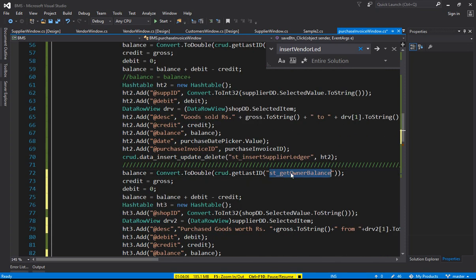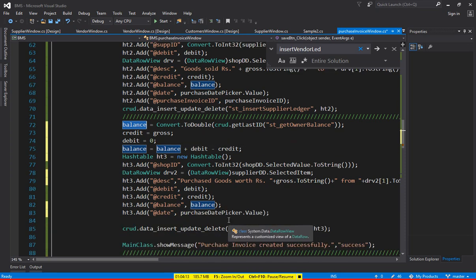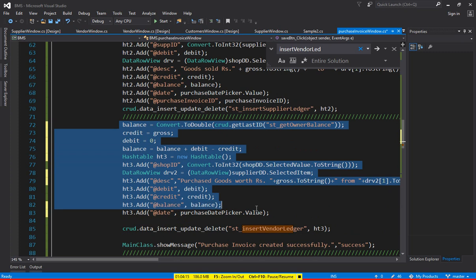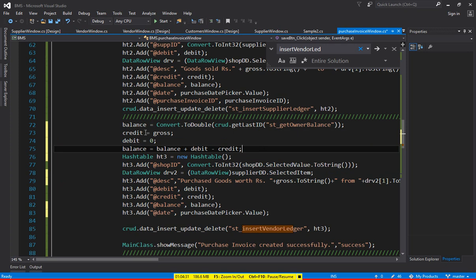Now the last ID of the shop, the last balance basically, will be picked up in the balance, because this is the owner, and now you have to write here some condition that whether the amount is exactly on credit or on debit. If the amount is in credit, then you have to do something, and if the amount is in debit, then you have to do something. But get owner balance, the last balance of the shop will be picked up, and then because you are purchasing, so the purchasing should be